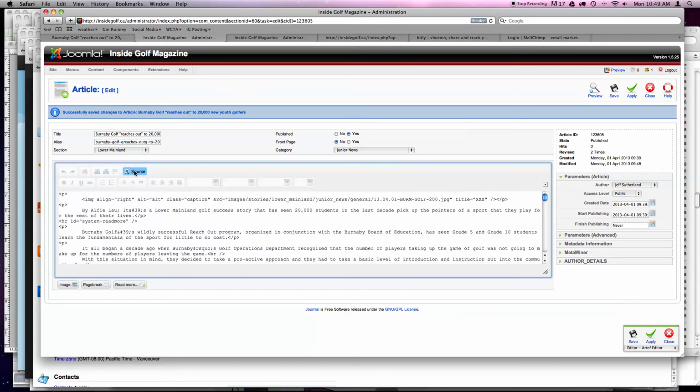But if I click the source, so we go back and we see the HTML version now, you'll see here, there's our image. Aligned right, caption, yes it has a caption, and the caption says XXX. So I just click the XXX, and all of these have to start with a capital letter. All words start with a capital letter in this. Grade